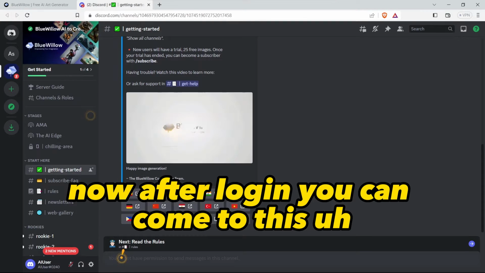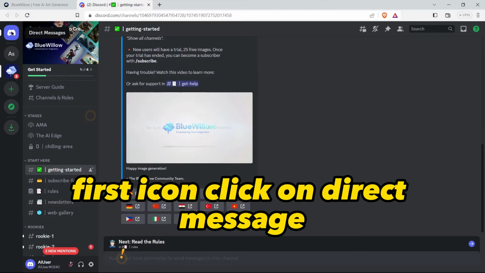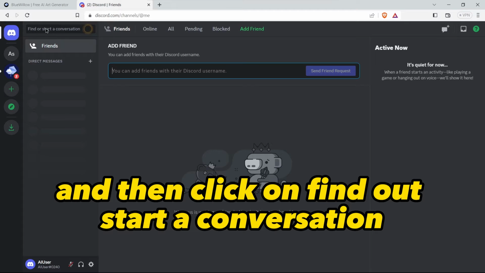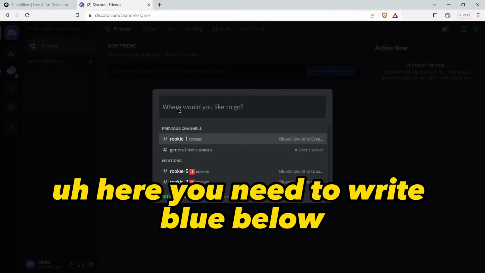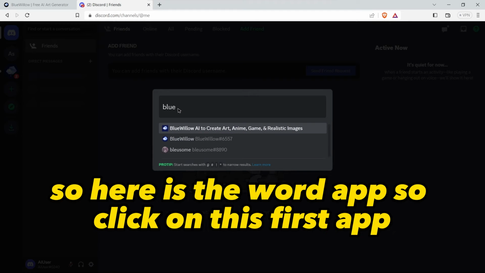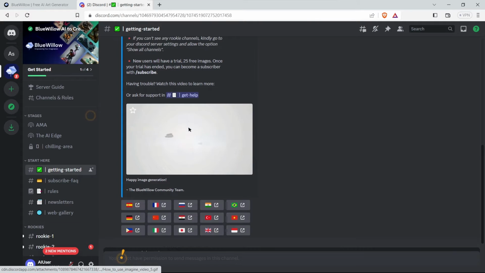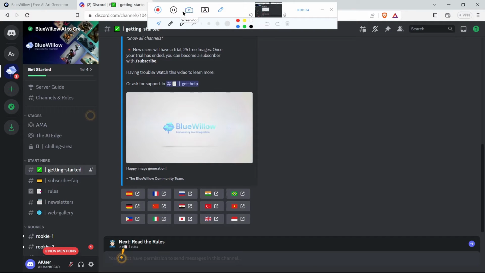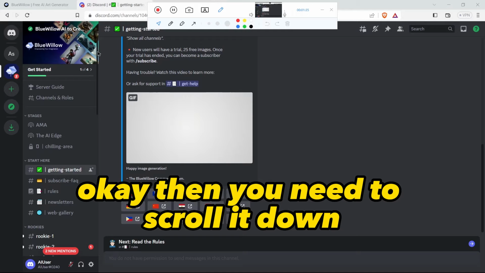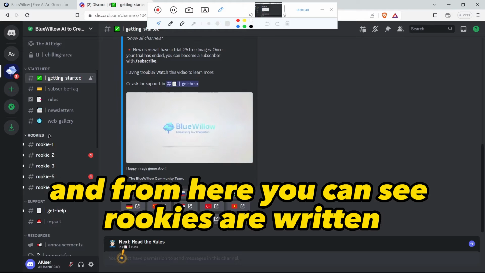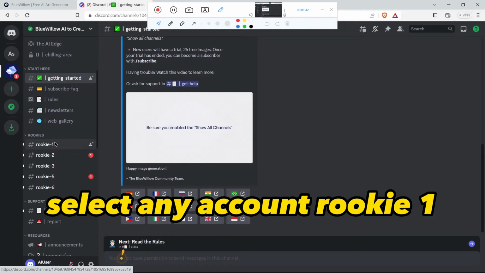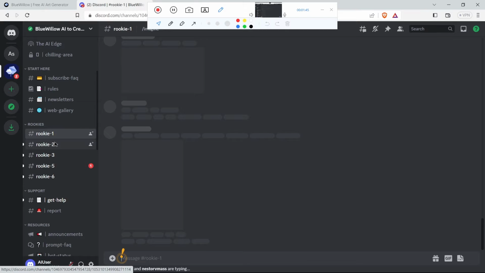Now after login you can come to this first icon, click on direct message, and then click on find or start a conversation. Here you need to write blue below. So here is our app. Click on this first app. Then you need to scroll it down, and from here you can see rookies are written. Select any account, rookie 1, rookie 2, or any other account. Click on it,